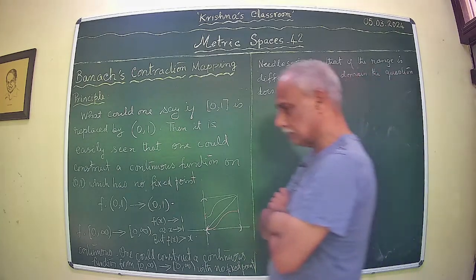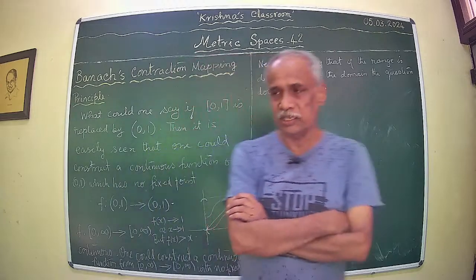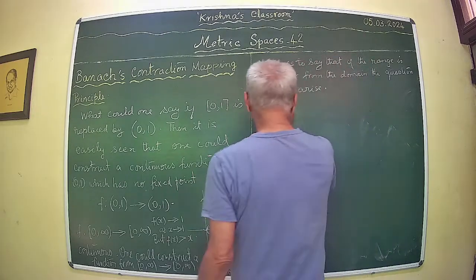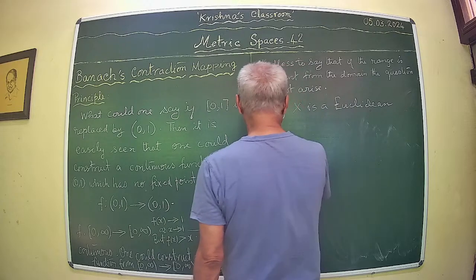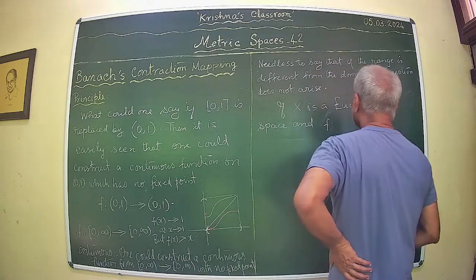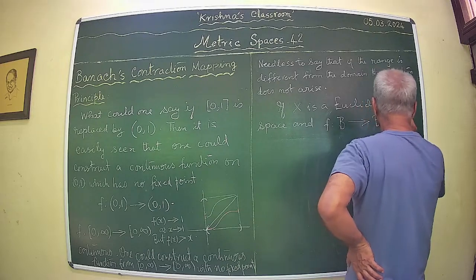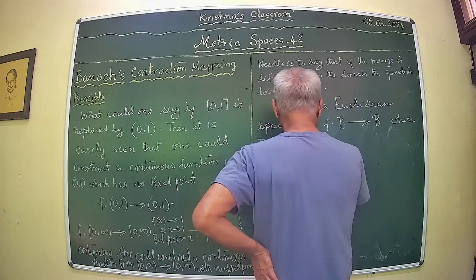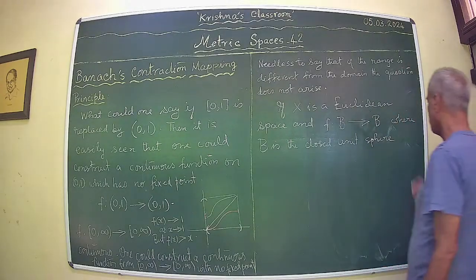In fact, it is shown that in a Euclidean space, more generally, if f is a continuous function, okay, so what we have written in the beginning is that if x is a space and f is a map from B, where B is a closed unit sphere, then